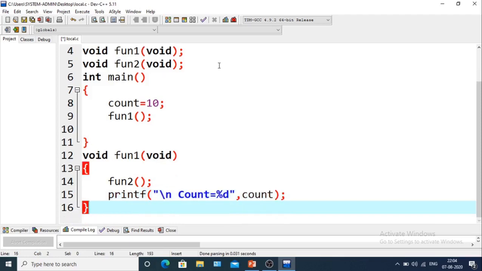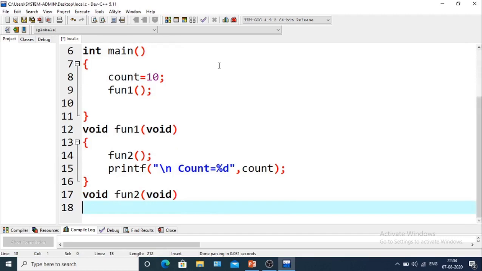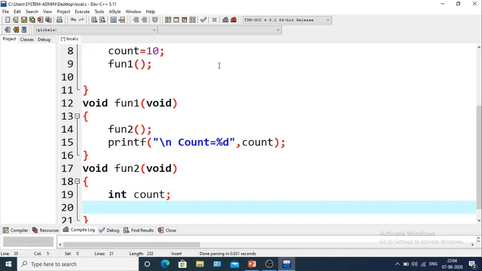Next we will define function 2. That is void function 2, and the parameter is also void. Here we will take another variable, int count. So this is basically the local variable, because we have defined it within a function.